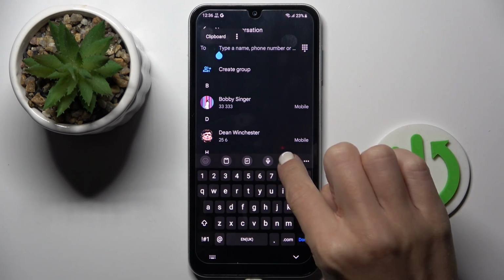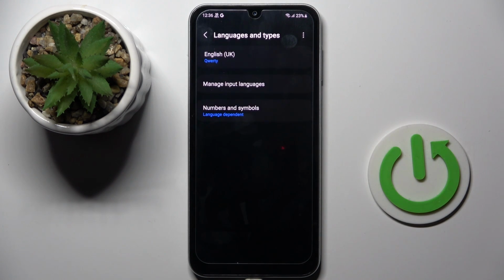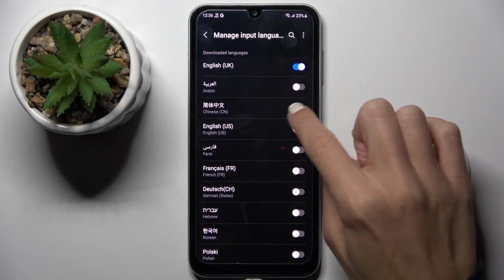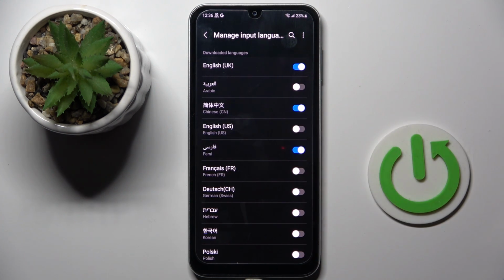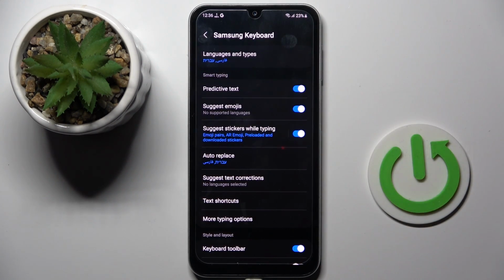To change it, tap on settings, pick languages and types, click on manage input languages, and now just choose the one in which you want to write. You can choose up to 4 languages. Let me stay with 2 of them, and so you can also see how to switch between 2 or more